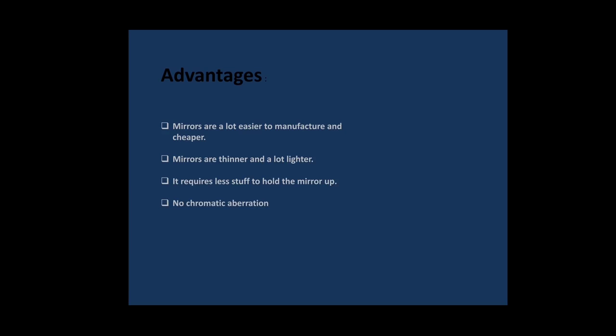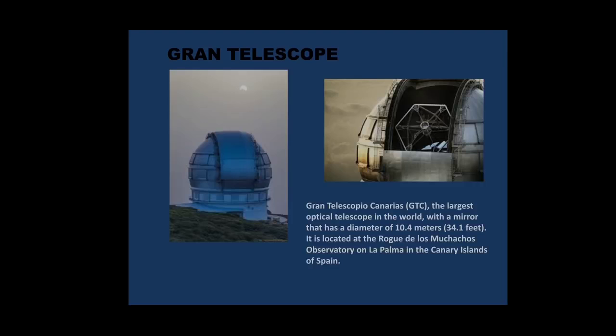Now let us take examples of some of the telescopes located on Earth. The first one is the Gran Telescopio Canarias. The Gran Telescopio Canarias is currently the largest and one of the most advanced optical and infrared telescopes in the world. Its primary mirror consists of 36 individual hexagonal segments that together act as a single mirror. The telescope also has a secondary mirror and a tertiary mirror that together with the primary mirror produce the